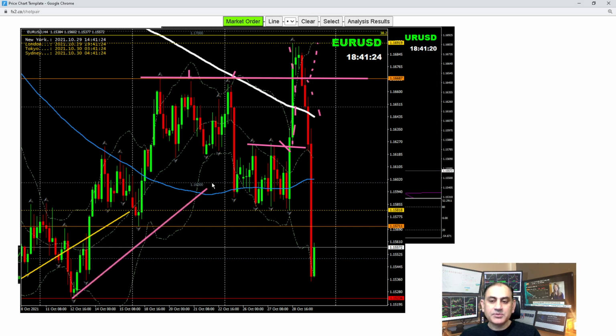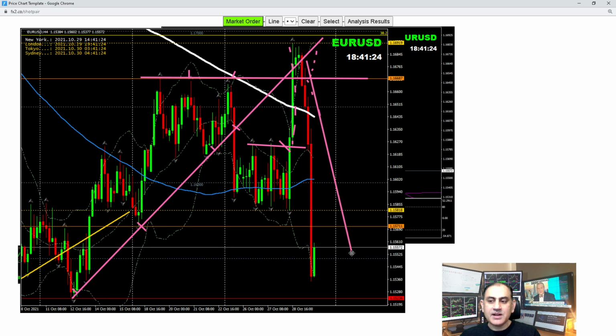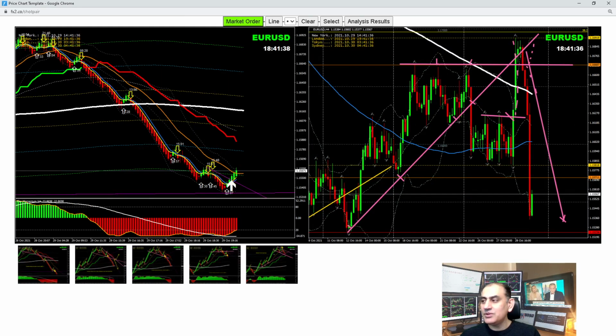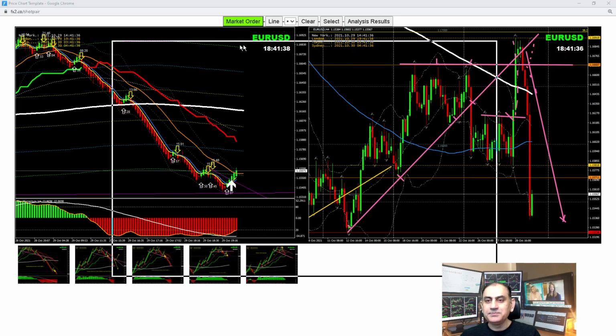I also explained to my traders, look here, this is the trend support line previously broken, and after the breakout we're expecting a nice short trade here. And that's what I explained to my traders through live analysis and helped my traders to bank profit. Let me share with you the video. Just give me 1 second.